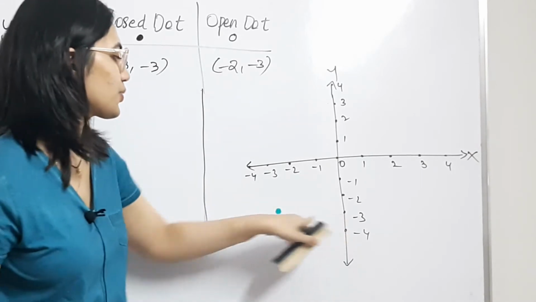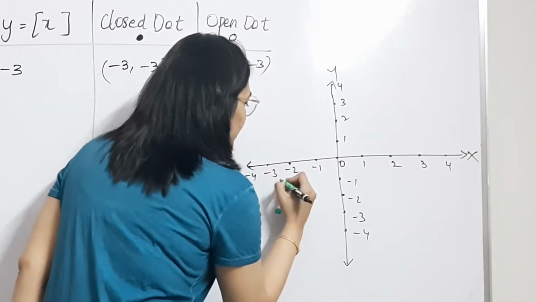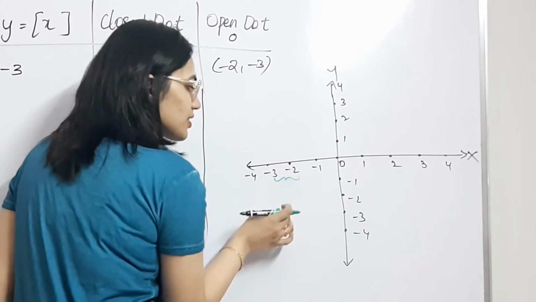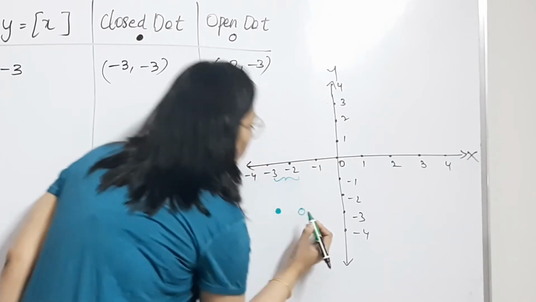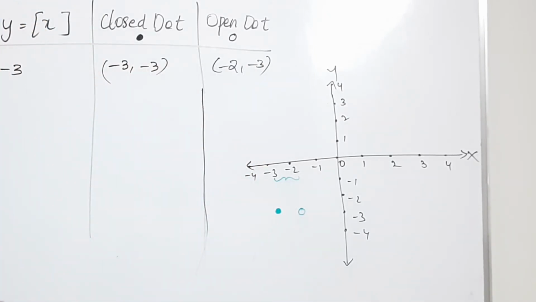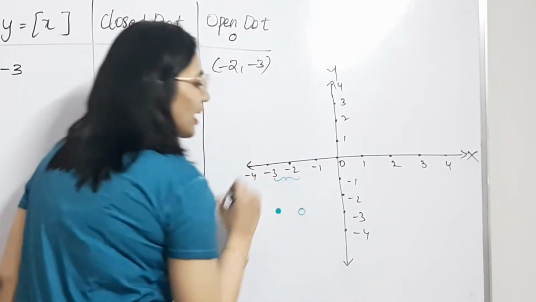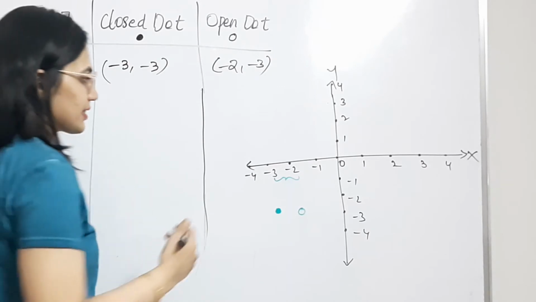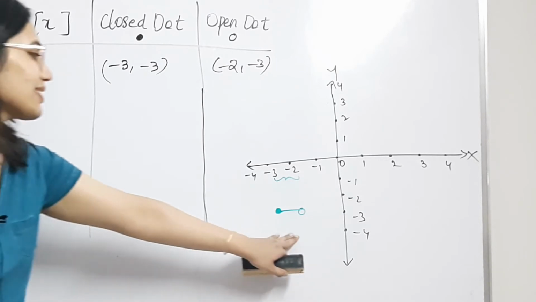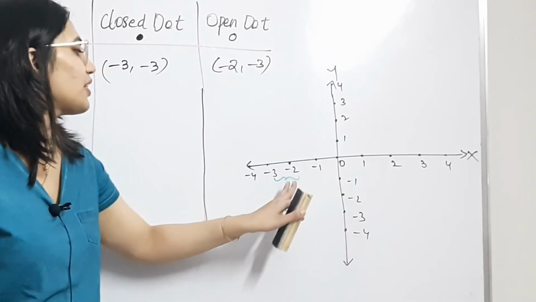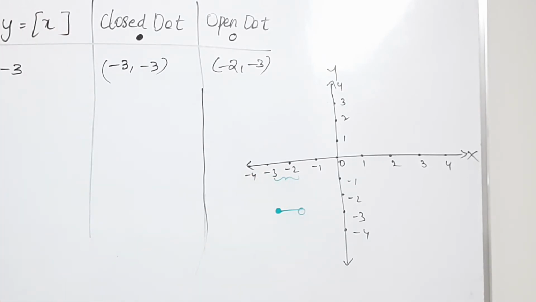We need to fill this circle, and indicate that any value that falls in this range will have -3 only as an answer, right? So -2 will be the open circle, because -2 we are not including, -3 we are including, because -3 is the greatest integer that is less than x. And then you just draw a line. That's it. This means you get -3 as the value whenever you choose x between -3 and -2 and apply the step function.